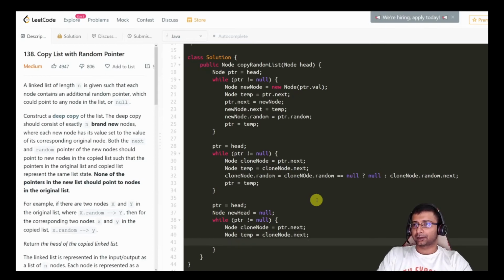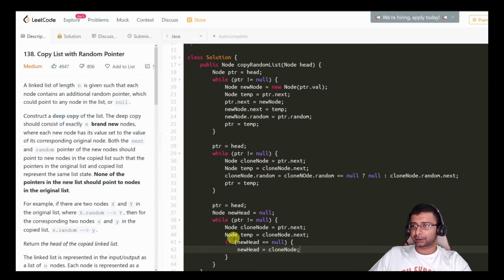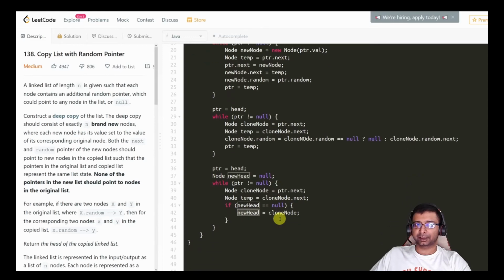Okay, so now what I'm going to do is, if new head is null, so initially it will be null, right? So I'll just be doing a check. If it is null, then I am going to set this new head to my clone node. So this statement is going to be true for the first time only, and it will set my new head to the very first node, and that is what we need to return at the end as well. So let's put the return statement, new head, okay,